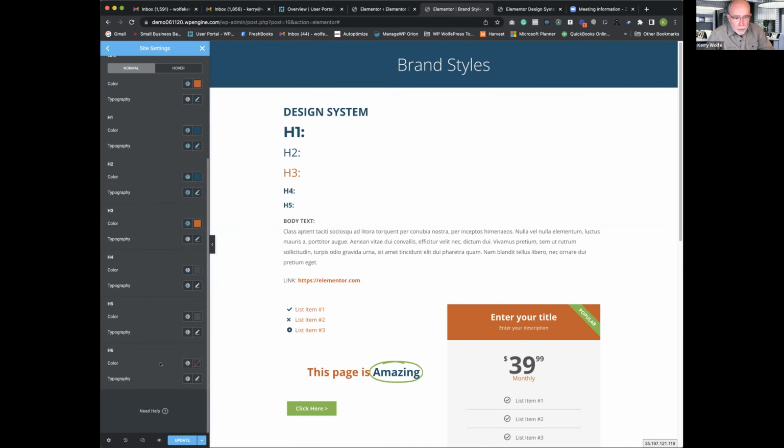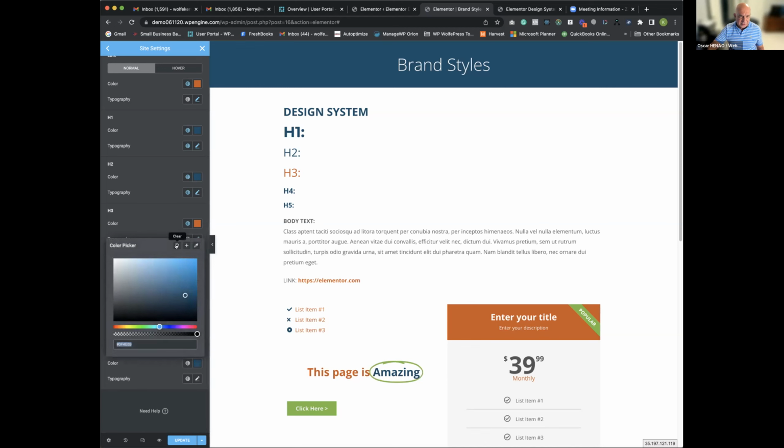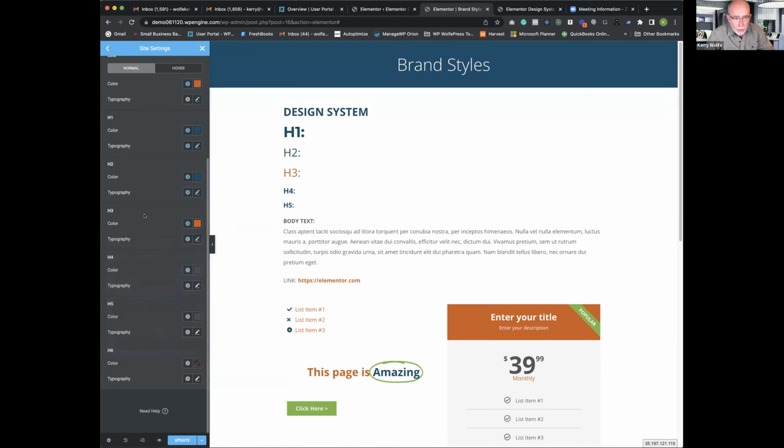H4, H5, colors are, let's make that too. And Eric, it doesn't change for H3 because you don't have the global setting for the typography on the H3. Hang on a sec. Okay, say that again. On the H3, typography is not on the global settings. Right. Yep. So we would either have to,